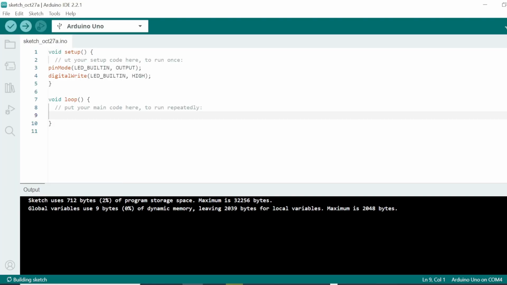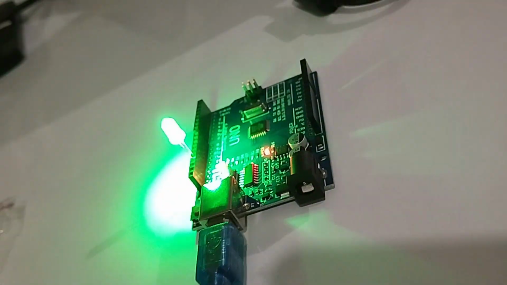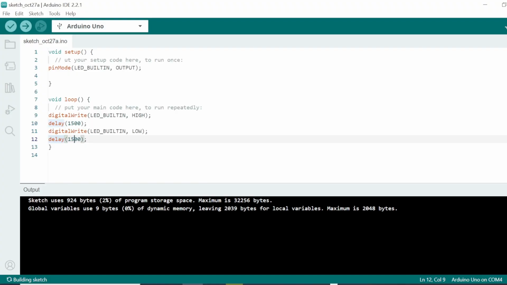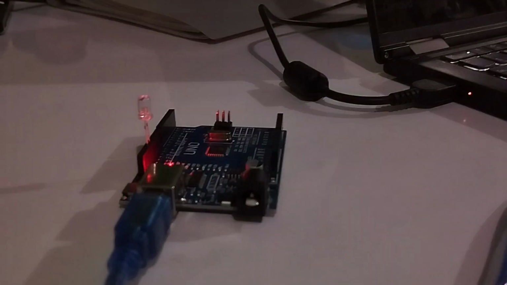Because we declared the pin mode with a constant variable called LED_BUILTIN. Now I return the syntax to the original using the loop method and then upload it again. Then the LED installed in pin 13 will blink the same as the initial one. If we change it to 100, it means the LED will blink faster. Like this.